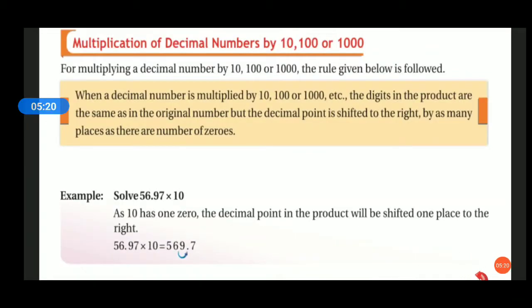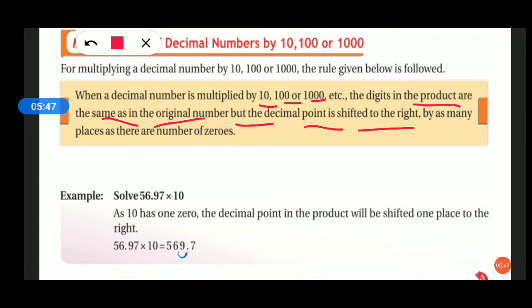Now the next topic we will see is multiplication of decimal numbers by 10, 100 or 1000. How to multiply the decimal number by 10, 100 and 1000. Here also we will have a rule. See, when a decimal number is multiplied by 10, 100 or 1000 etc., meaning numbers with many zeros, the digits in the product are the same as in the original number, but the decimal point is shifted to